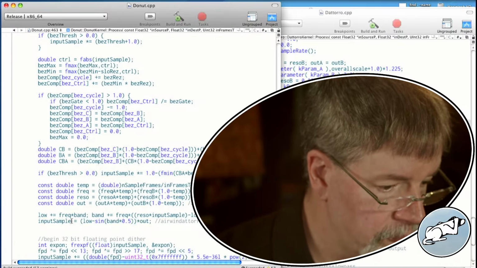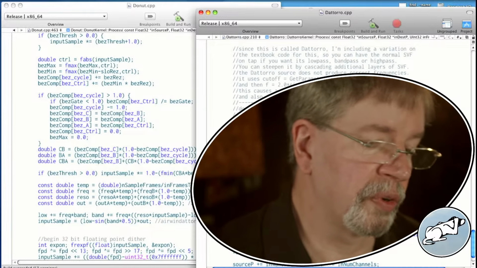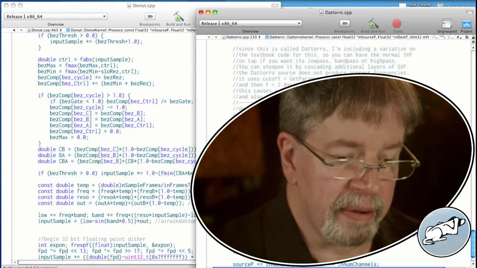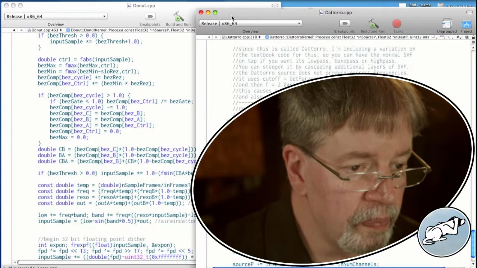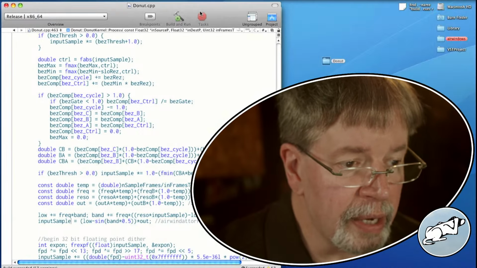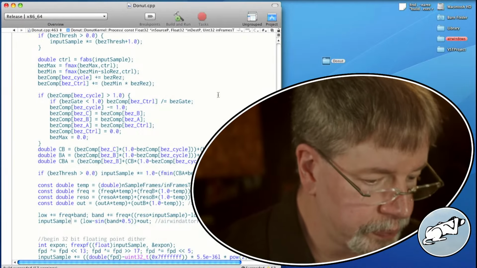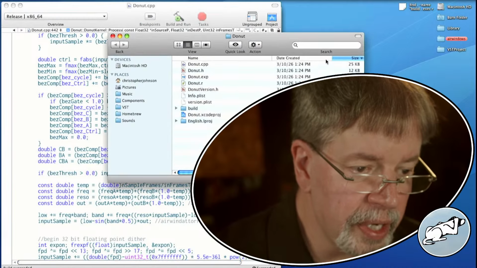Build again. This is the original Litoro filter code. It's a state variable filter where you can do a high pass, you can do a low pass, you can do whatever. I can look back at that anytime I want. We're not worried about that right now. If I build this, and here it is, and here,